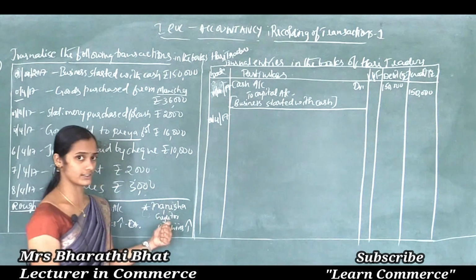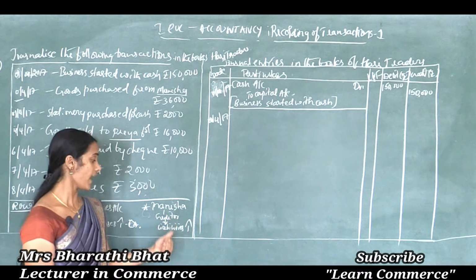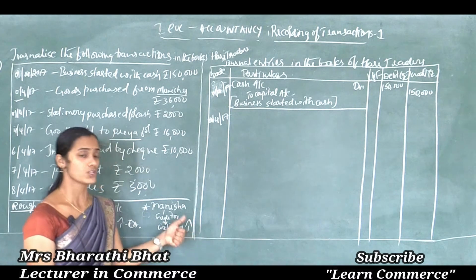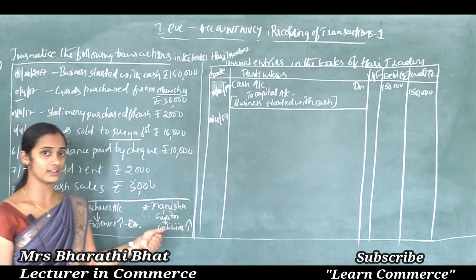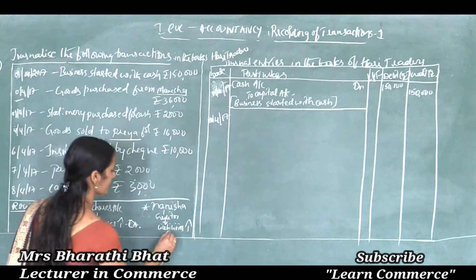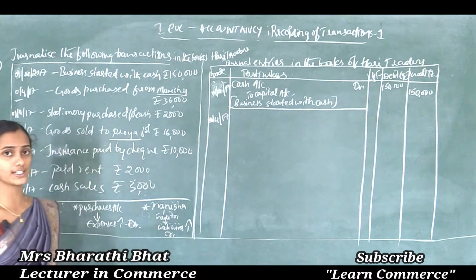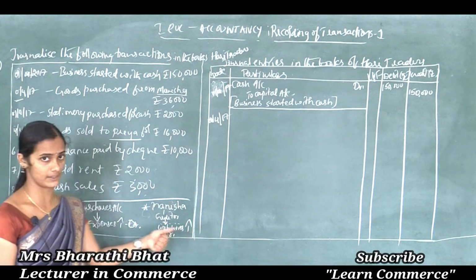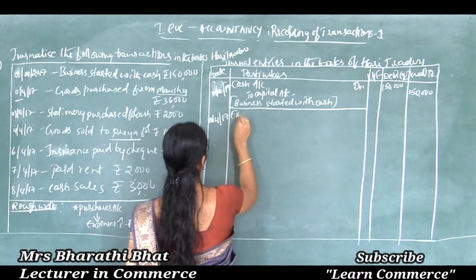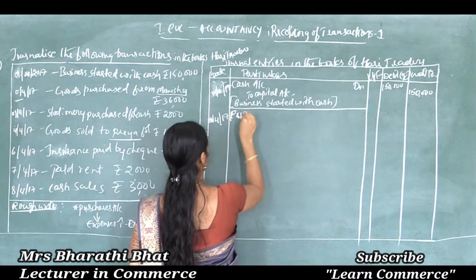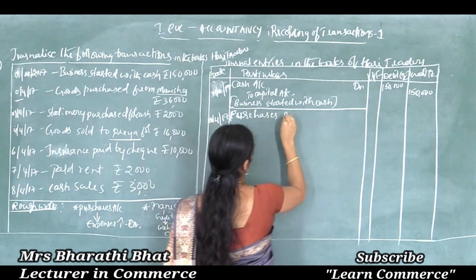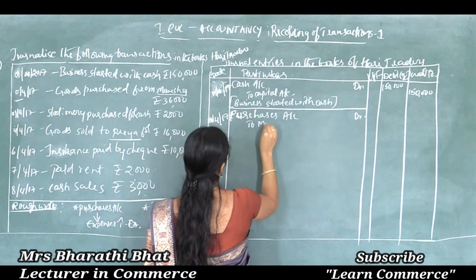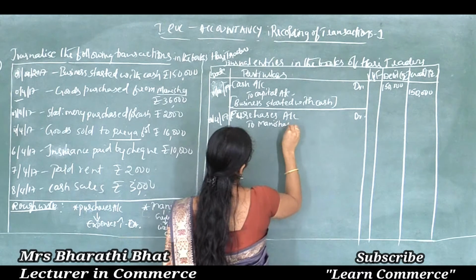Here Manisha is considered as a creditor for the organization, and this creditor comes under liabilities account. Here liability shows increased value. So we need to apply the rules of liability, that is, increase in liability is to be credited. Instead of writing cash, we should write the person name here. Okay, so here the expenses, means purchases account, debited to Manisha's account.